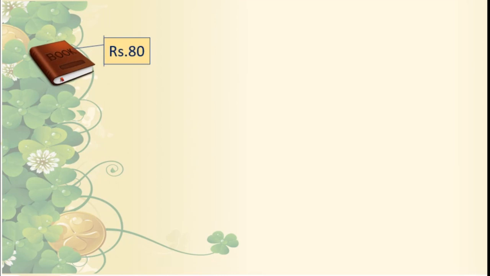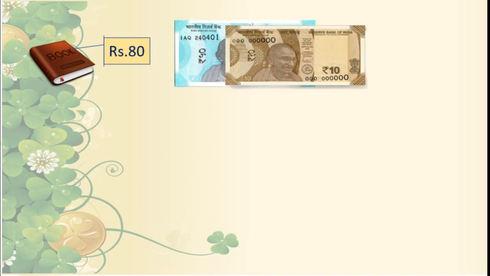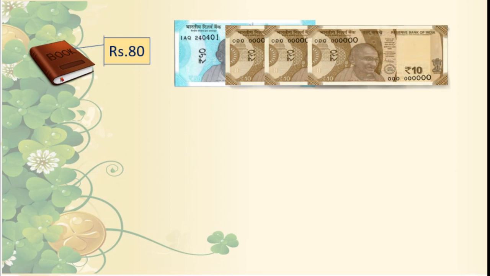Here, a book, the cost of the book is 80 rupees. Now we have to give 80 rupees to the shopkeeper. Correct? Now what will we do? Yes, I am having a 50 rupees note also. Then first we will give 50 rupees. Then 20 or 10 rupees I am having. That became 60. This is 70. This is 80. Isn't it? Yes, 50 plus 30, that became 80.